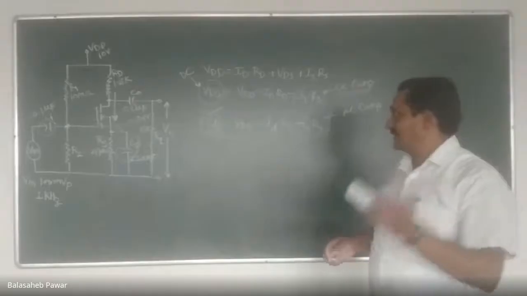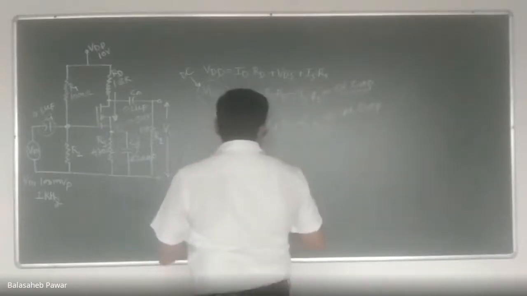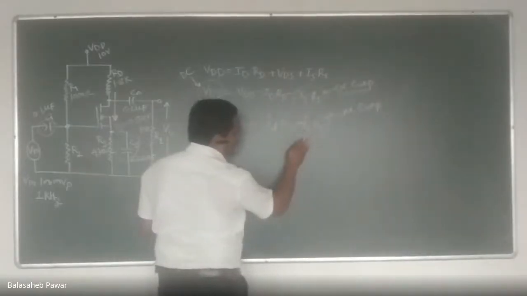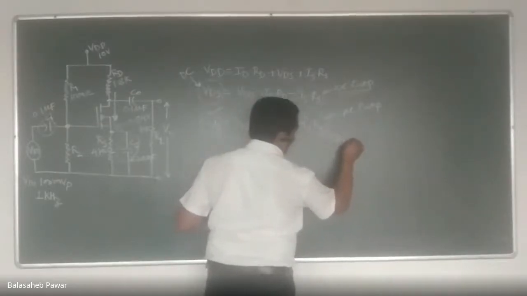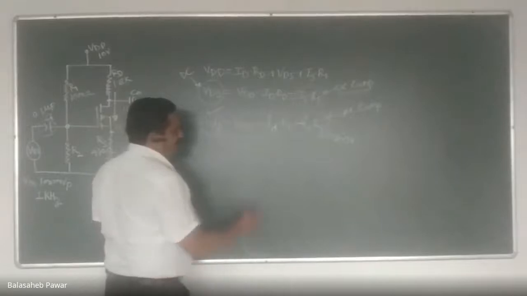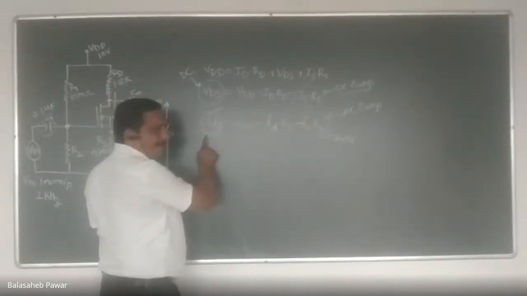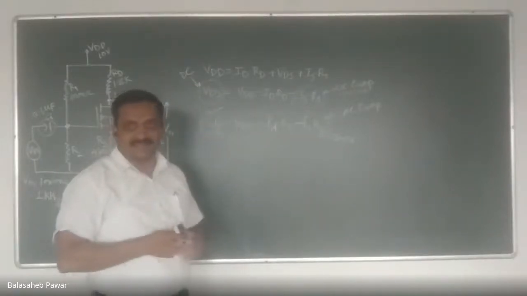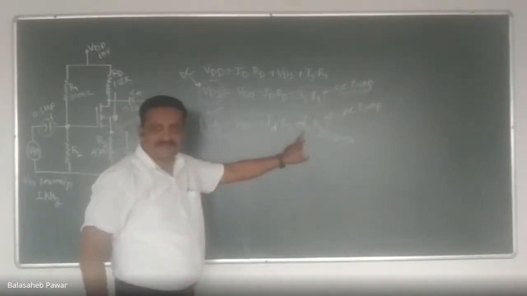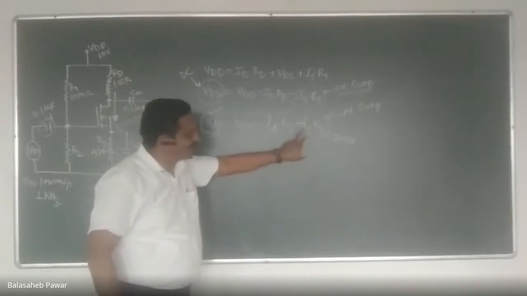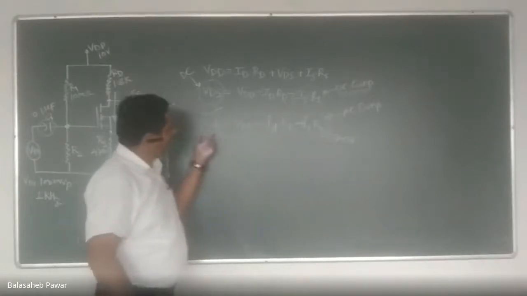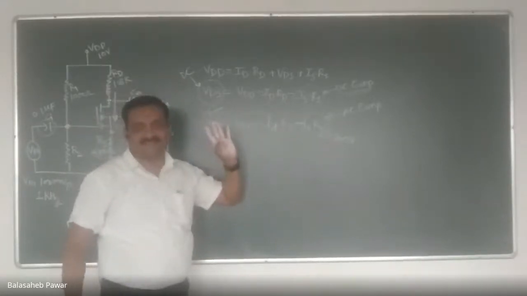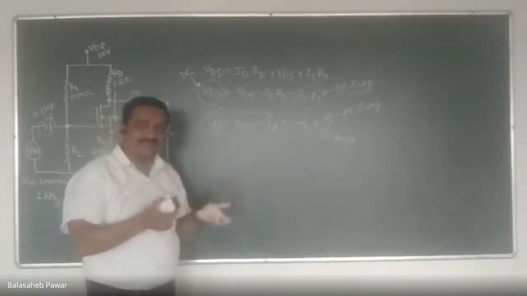Yes, sir. Okay. So can we minimize it to 0? See, if we minimize this drop to 0 volts, what will be the effect on VDS? VDS will get increased, because it is a negative term. If we minimize this AC drop across RS to 0 volts, then VDS will be only VDD minus ID RD. Correct? That means this VDS will get increased.